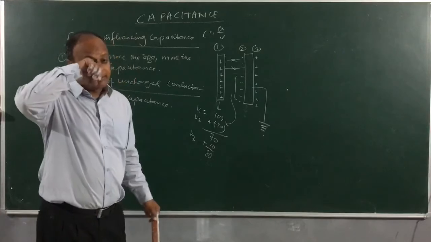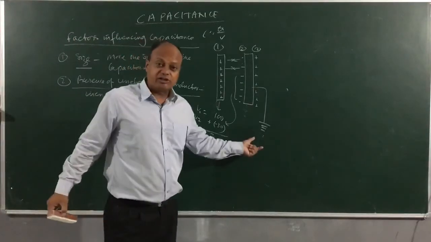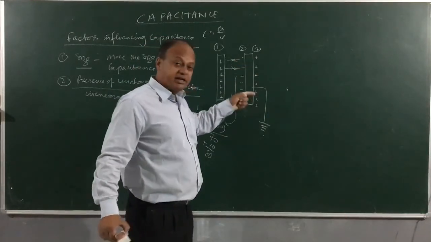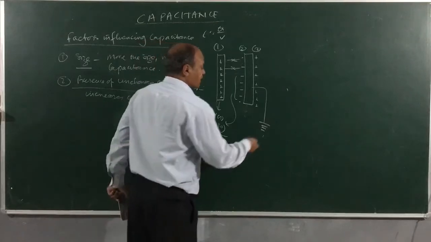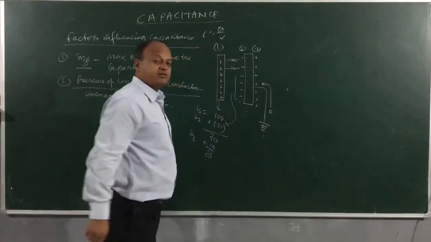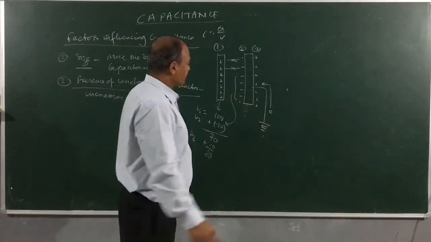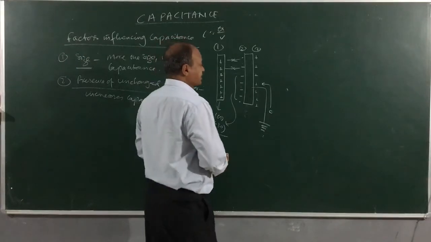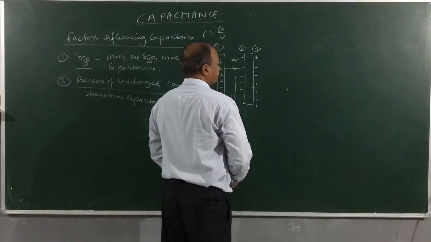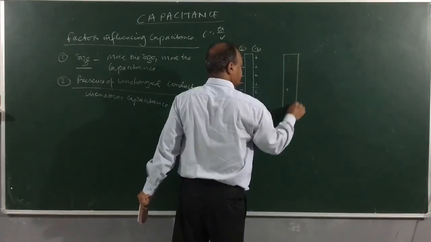And you know, potential of Earth is taken as negative, and Earth is biggest source of electrons around us. So each time a positive charge will appear here, an electron will flow from Earth and neutralize this positive charge. So if I connect it to Earth, then something like this will happen, children.